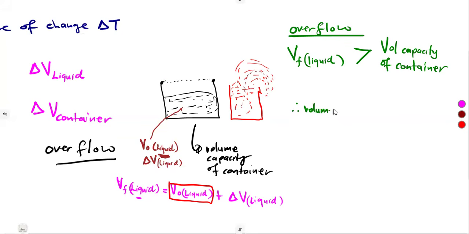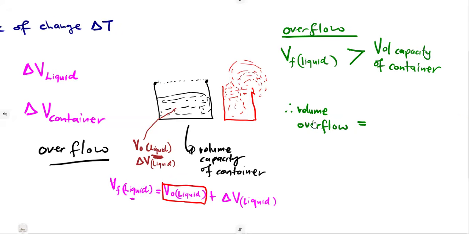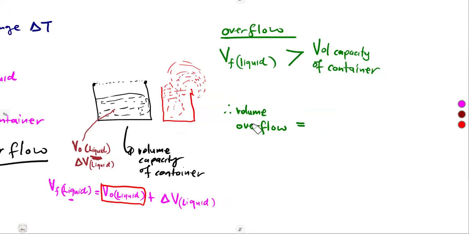So we are simply saying the volume overflow will be equal to, since the liquid in an original sense was supposed to expand up to the volume capacity of the container, what the container can carry. But in this case, it expanded to more than what the container can carry. So the difference, which is the final volume that we had for the liquid minus the capacity of the container,